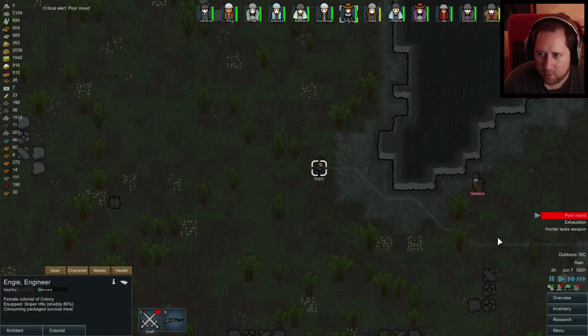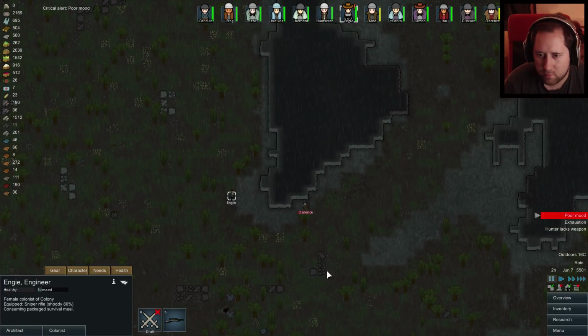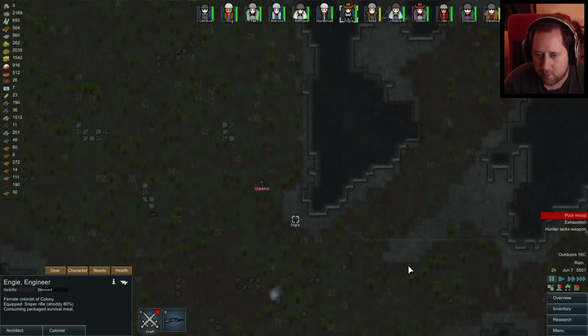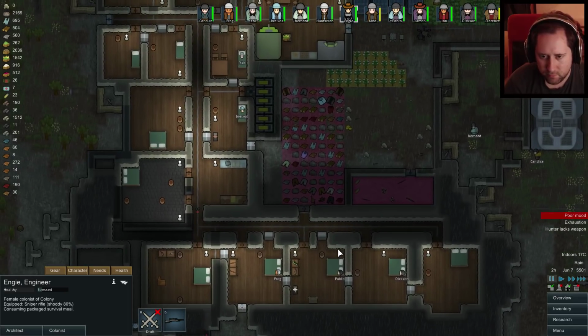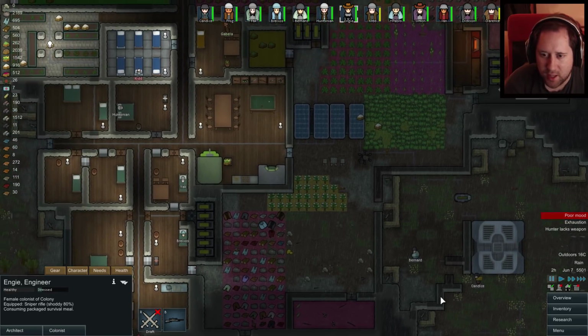NG, where are you, dude? Oh, go back to base. Oh, consuming package survival meal. Dude, for goodness' sake. NG needs to be limited a bit, I think, because she has a habit of... I'm trying to work out what I can do about NG. She's having a habit of kind of...